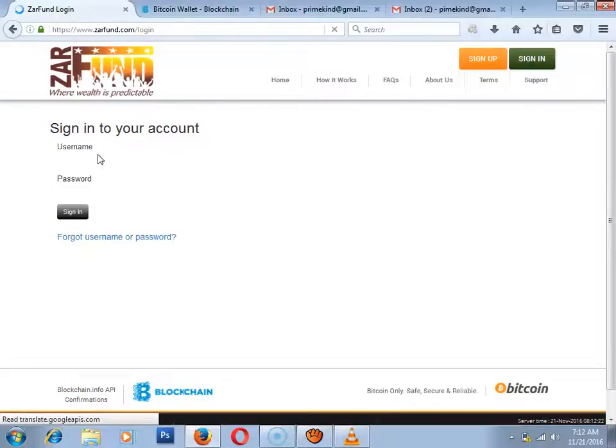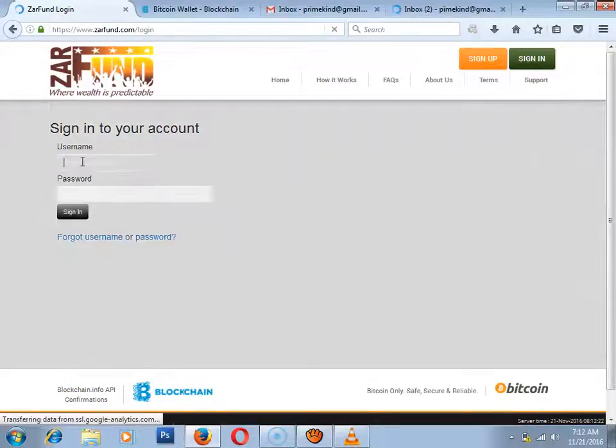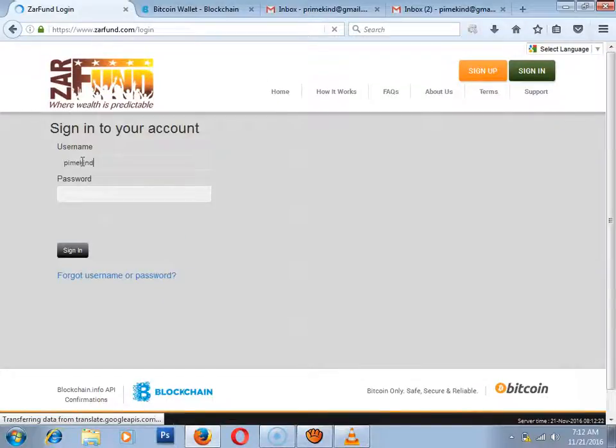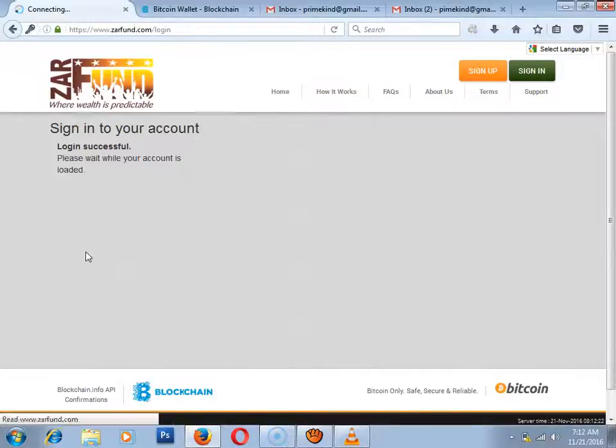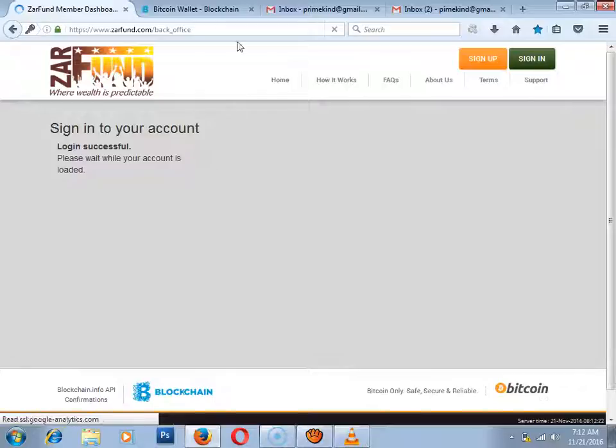You sign into your Zaphone account, all right. Then you log in with the username that you selected while you created your Zaphone account. So here I am. I'm putting in my password now to enable me to log in. Then you must tick this box that says I am not a robot. In some devices, you choose some pictures. You select the similar pictures to continue. All right, you sign in now. Okay, there you are.